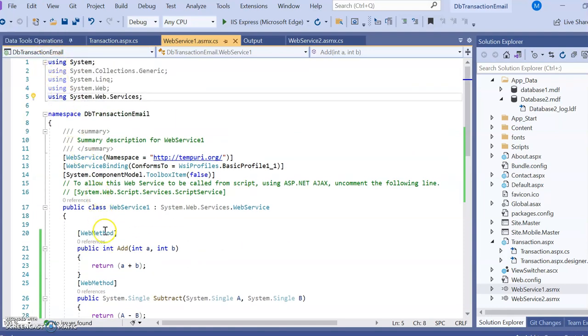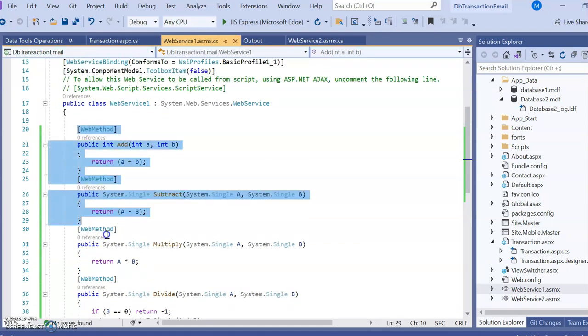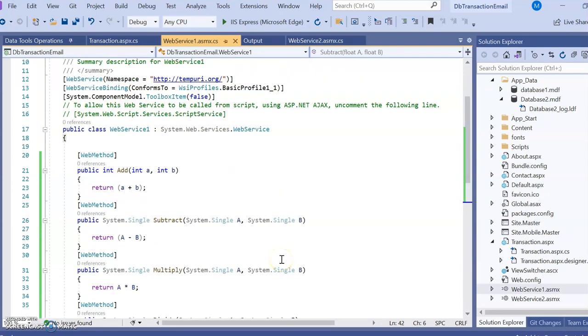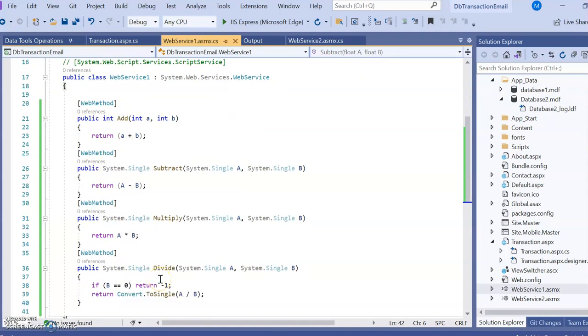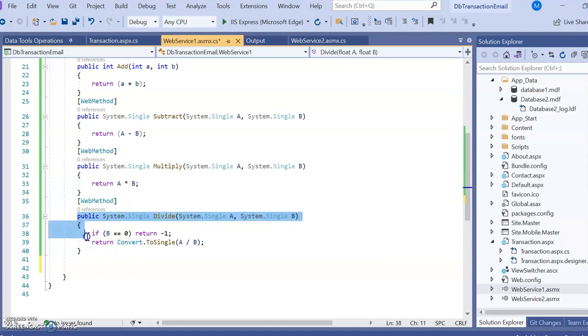By default this code will be added, and we just have to add the web methods. You can take help from the website, and once you use it you will understand how to apply it. Suppose you want to add another web method, what will you write? First you write WebMethod in square brackets, and then you write any function or method that you want to use.